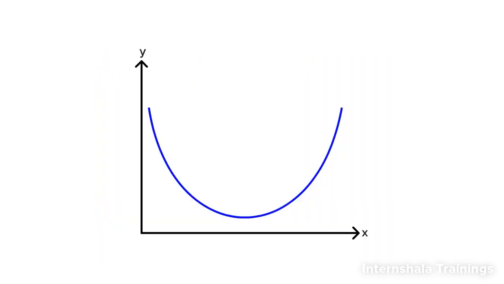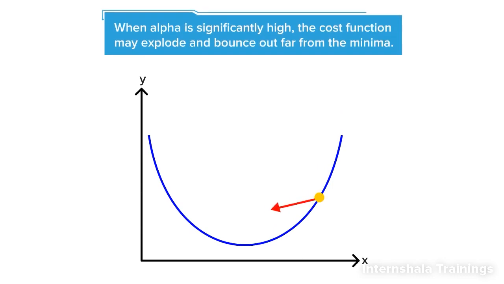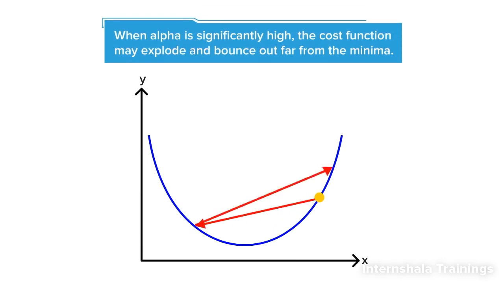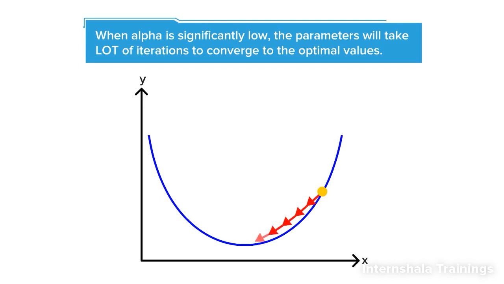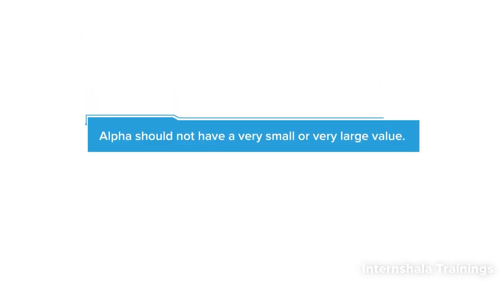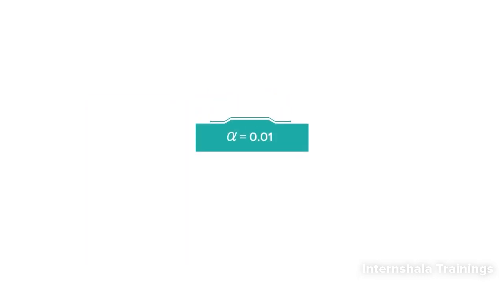To understand its effect, let's consider this cost function curve. If we assign the value of alpha to be significantly high, the parameters will be updated by a large value, and there is a good chance that the cost function explodes and bounces out far from the minimum. On the other hand, if we assign alpha a very small value, the parameters will take a lot of iterations to converge to the optimal value. Hence, we take alpha neither very small nor very large. The actual value depends on the problem, and in the case of our problem statement, we will take the value as